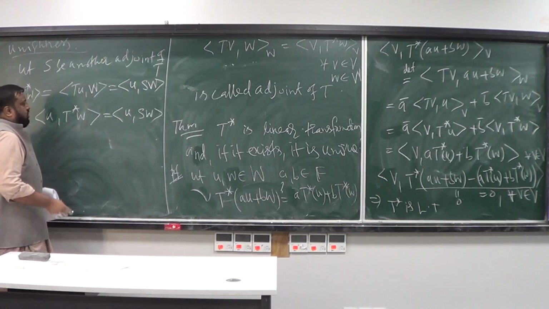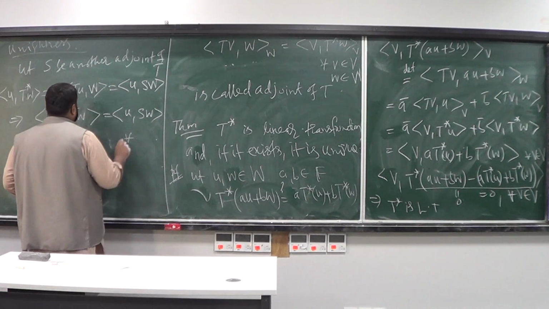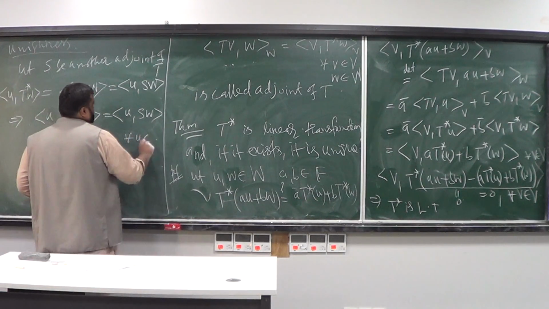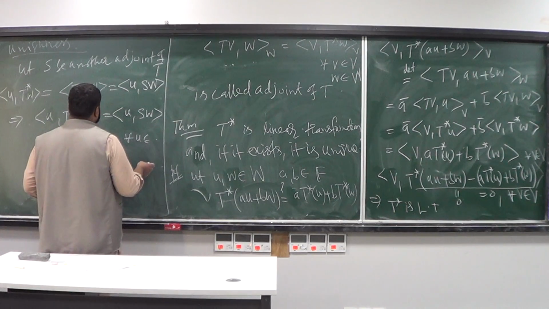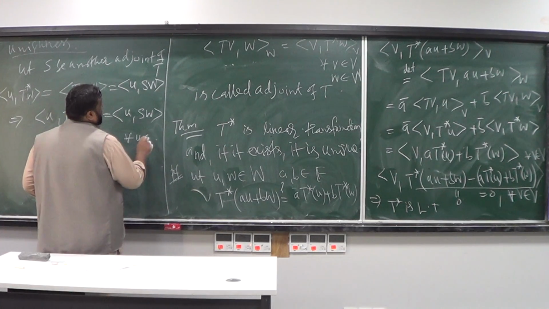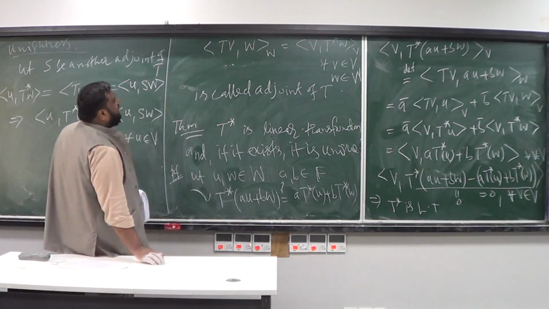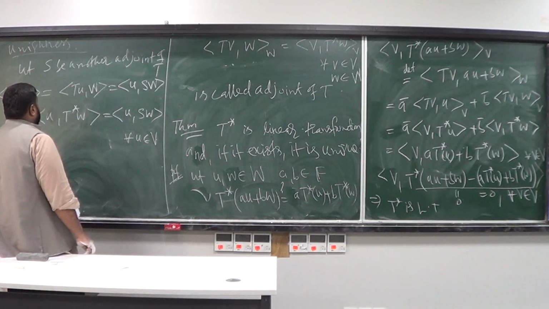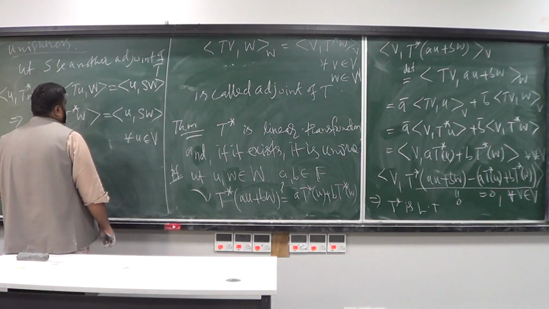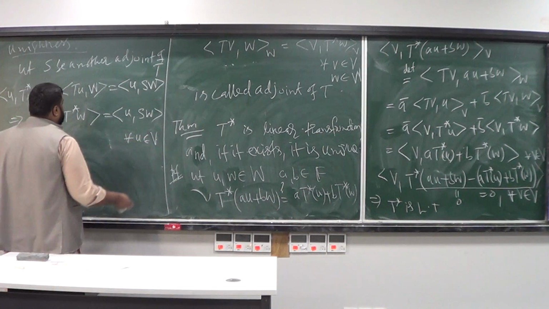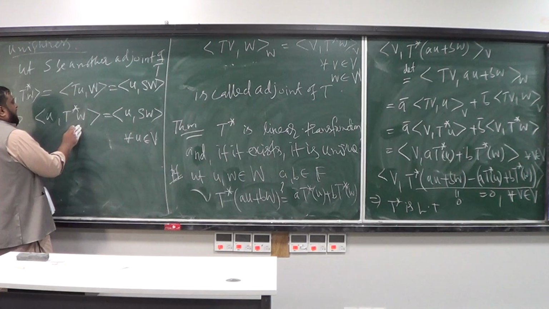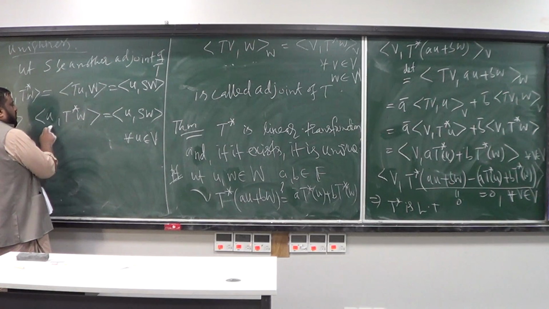Okay, they both are equal for all U in V. So by the same argument, I can take this to the other side, and then I'm going to have U